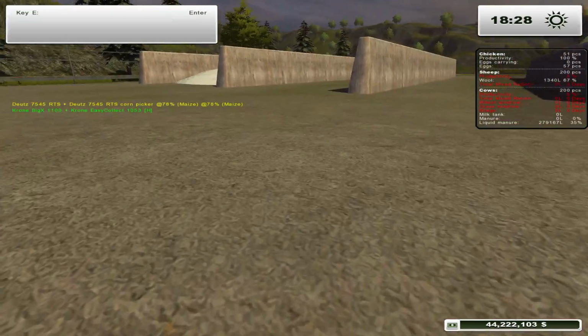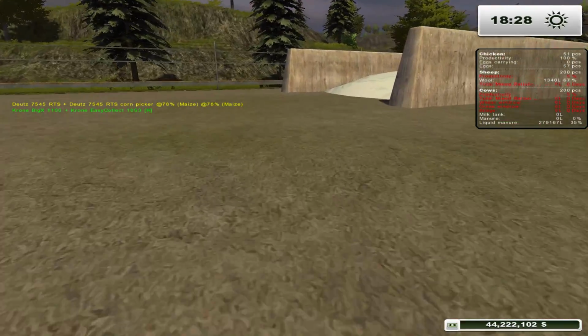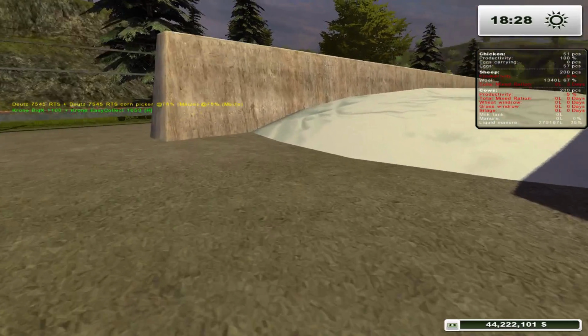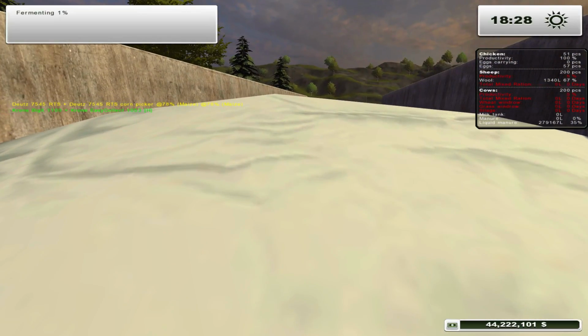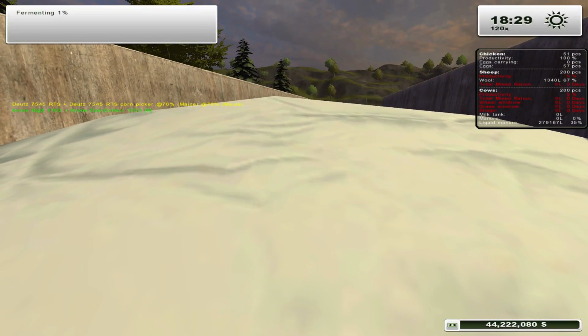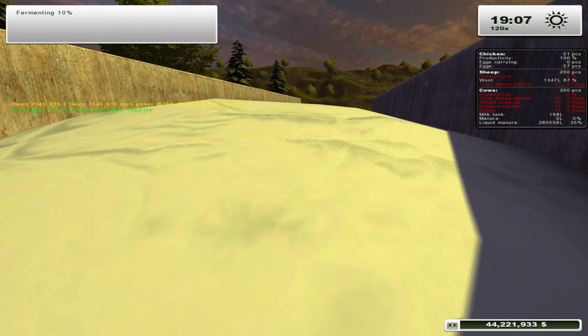So we jump out and back over, just stand inside so we can keep an eye on the time. And we speed up time a little bit. It should be done before we know it. Once it's done, the blanket will be removed and we can then collect the fermented corn